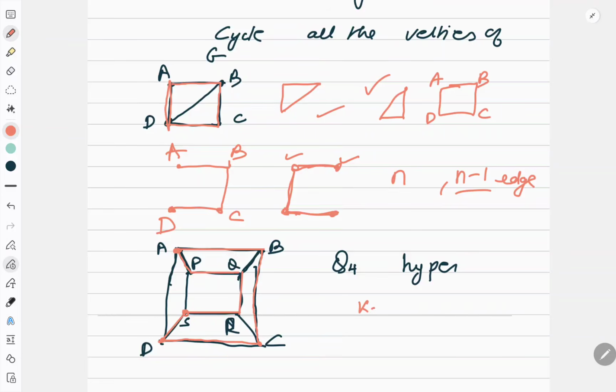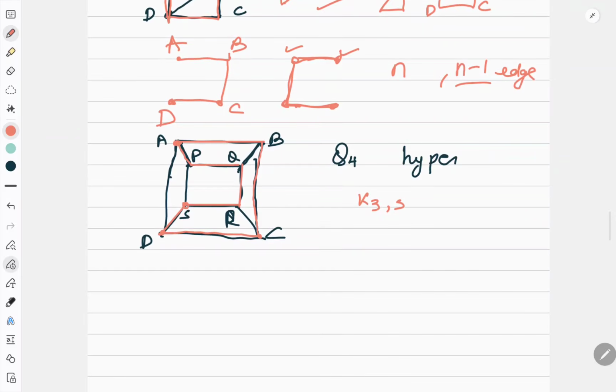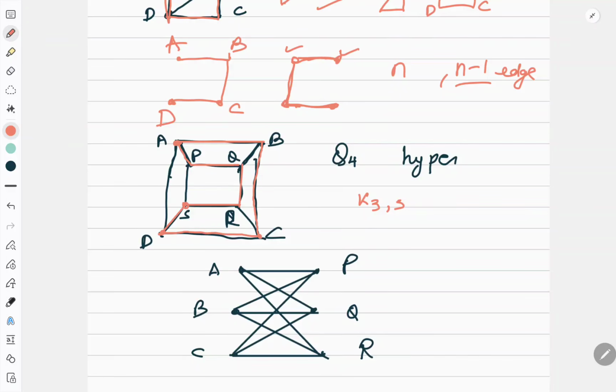In the same way, there is a very important question: K33, which is known as Kuratowski's second graph, is also a Hamiltonian graph. So you should search how to make a cycle in that. Okay, so this is K33. We have to prove that it is a Hamiltonian graph, or that I have a Hamiltonian cycle in this. Randomly start with any vertex. It is up to you how to start. So let me start with A. Now I should cover all the vertices, and it should be a sequence of vertex and edge, and I should come back to A. So let me go to P, because only that is the option.